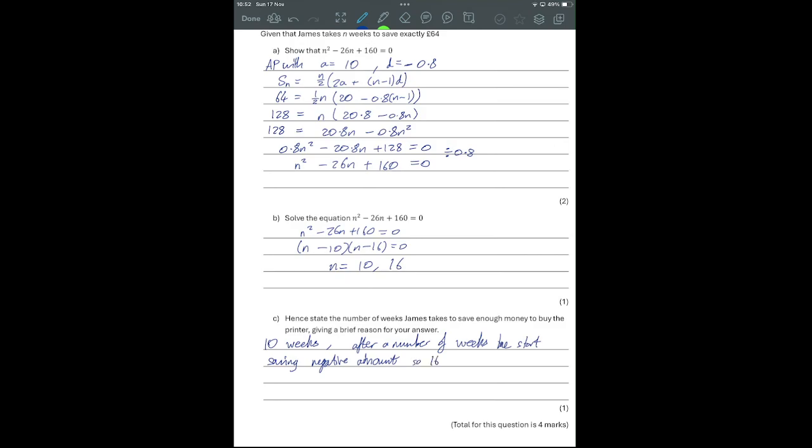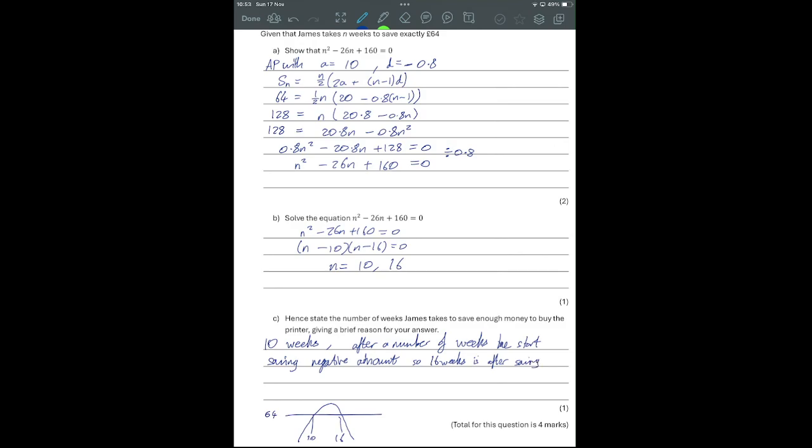So 16 weeks, I'm thinking of this as a graph, he's saving more and more and more, and then eventually he starts saving negative. So if we want to be at this 64 level, that was at 10 weeks. Here we've gone up and then we've gone back down again. So 16 weeks is after